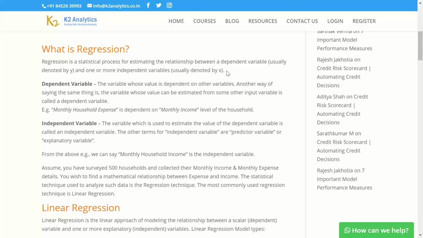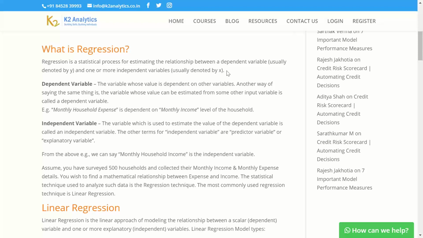What I'm trying to say is, is the growth of plant dependent on sunlight, or is sunlight, the quantity of light which the sun gives us, dependent on the growth of plant in your balcony? It is very clear the growth of plant is dependent on how good sunlight it receives, and not vice versa. Okay, so this is a very basic concept of dependent, independent.